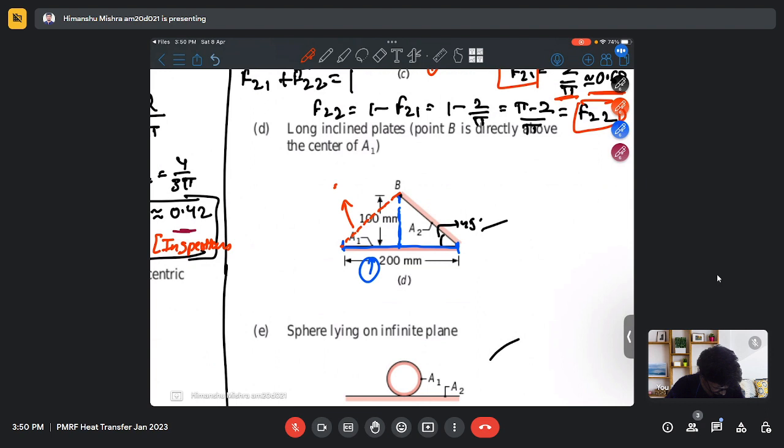So this is my surface 3, this is my surface 2, this is my surface 1. Now I can again use the symmetry relation here for this geometry. So using the summation rule at 1,